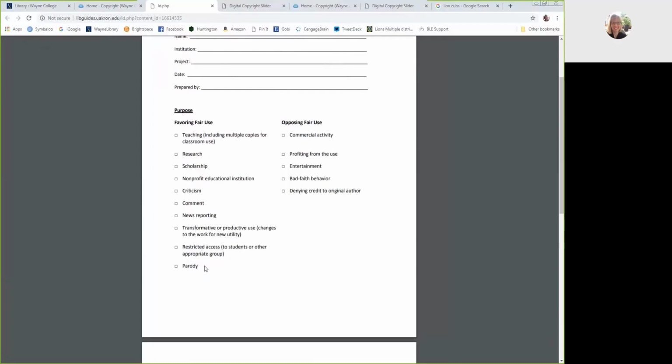Now, parody is something interesting. If we look at the definition, really it's an imitation of the style of a writer or an artist or a performer that's a deliberate exaggeration for comedic effect. We cannot confuse parody with satire, which is slightly different.